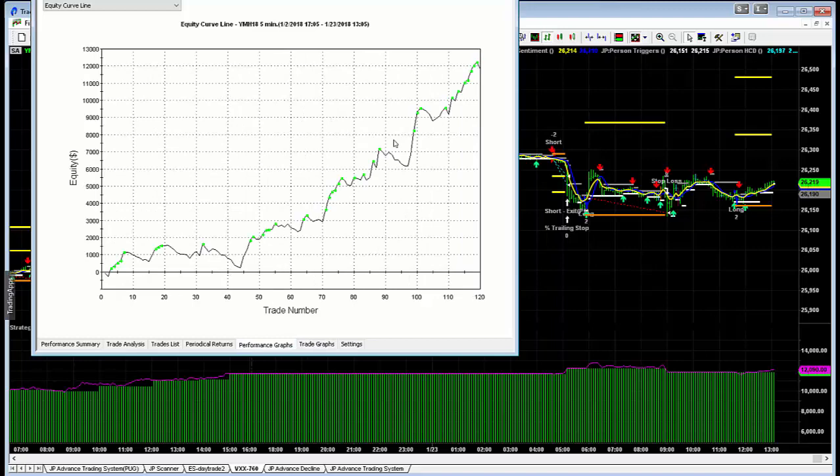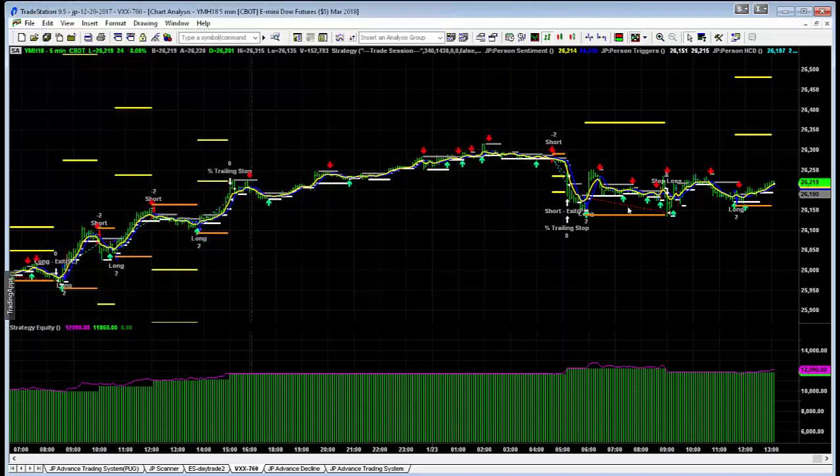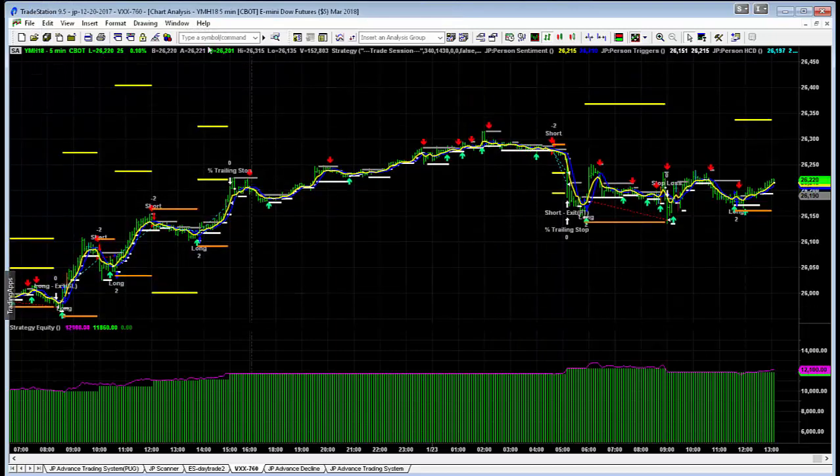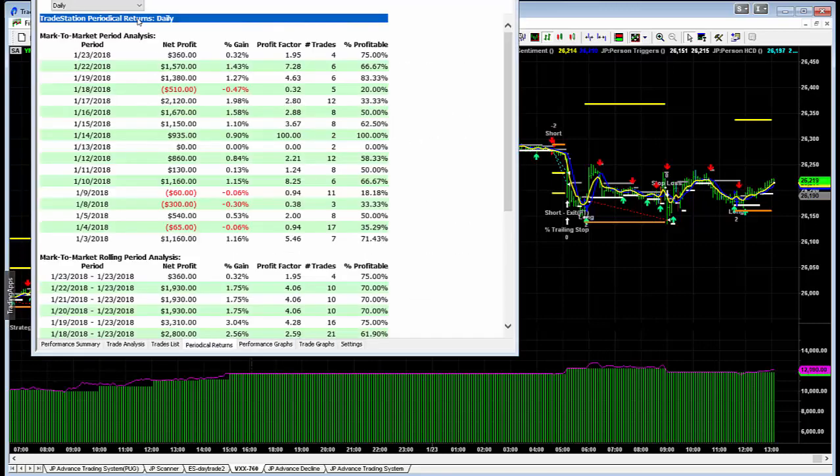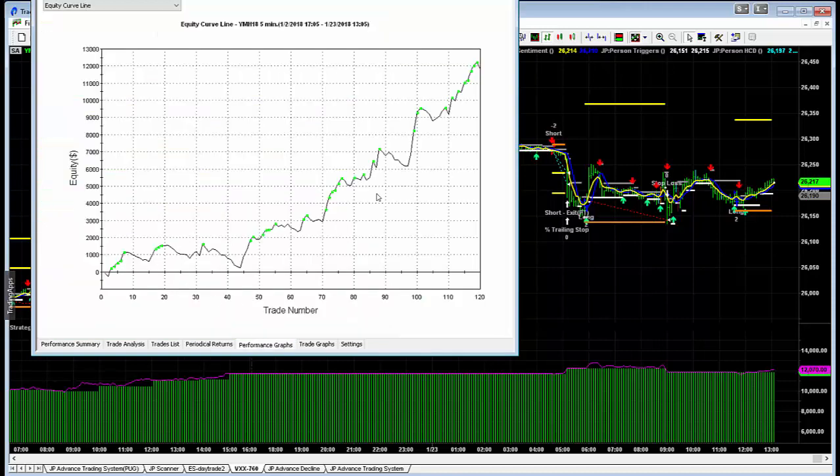If you can see the graphics performance, new equity high. Again, this is a 5-minute chart. This is out of the normal. This is, again, a situation where we take a look at periodic returns on an average daily basis. Not every day is a winner. We can see that. Some days are better than others, and there are some losers in there. That's a fact. But at the end of the time period, what is the thing doing?